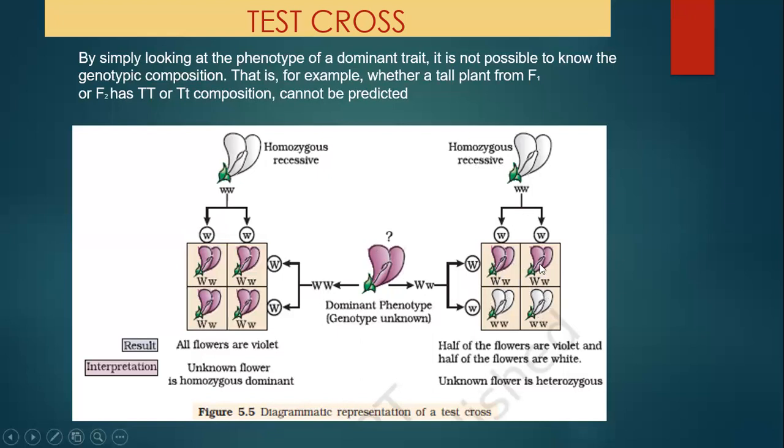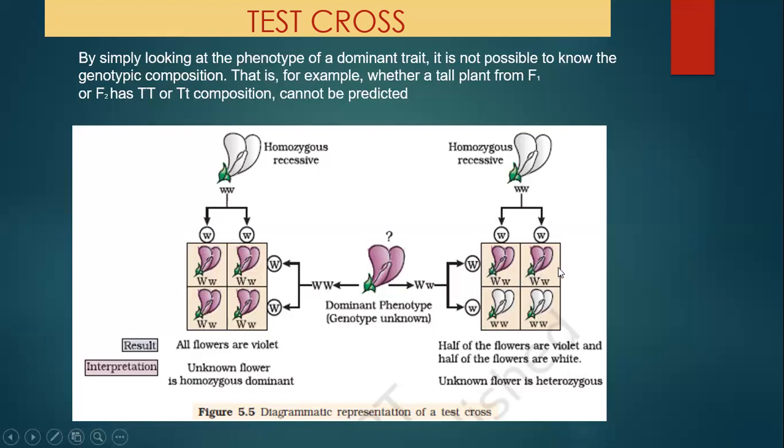You are able to see if the purple flower has a genotypic composition as capital W and small w, that means one is purple and the other is white. Okay, the purple will be expressed. So this is a purple flower. If it is a heterozygous condition and we are doing a cross with a recessive parent, you will end up with an equal ratio of the dominant character and the recessive trait.